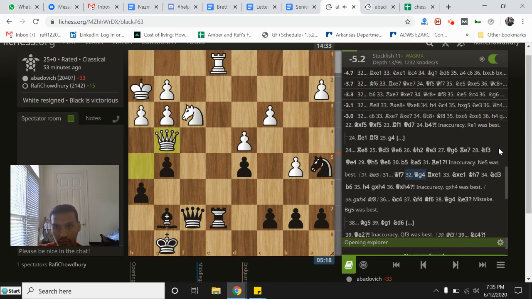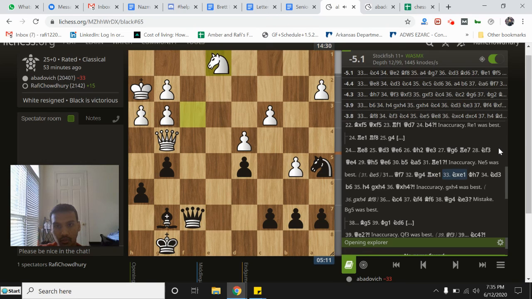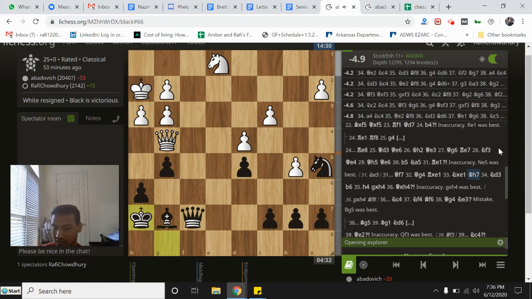He plays queen g4. Takes e1. Knight takes e1. And king h7. Okay, so I did find the best moves here, so it's very good now. Second choice is king h7. Knight c4 is strong as well. I was considering that during the game, remember. So after king h7,